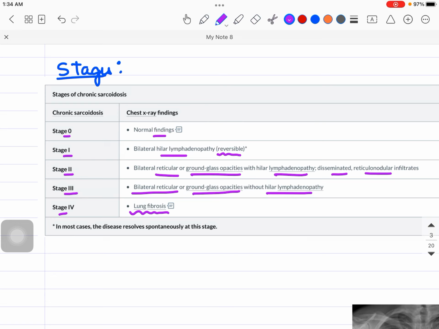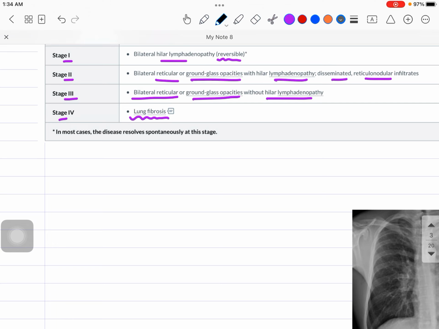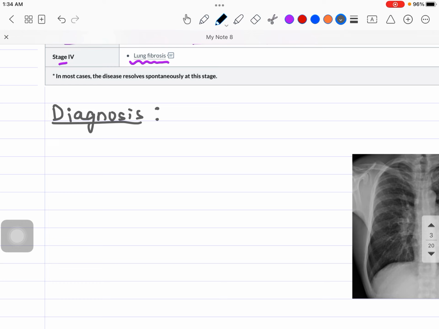Now, as far as the diagnostic part is concerned, let's talk about that. How will you make the diagnosis? Diagnosis can be very tricky in clinical scenarios, but that's how it is. In the diagnosis, the best initial test, as I told you over there as well, will be the CXR, that is the chest x-ray, right?